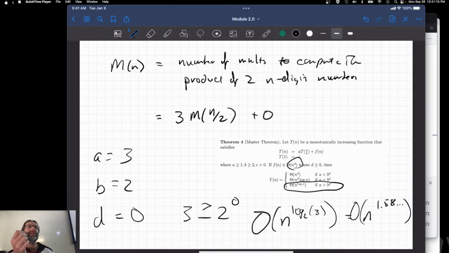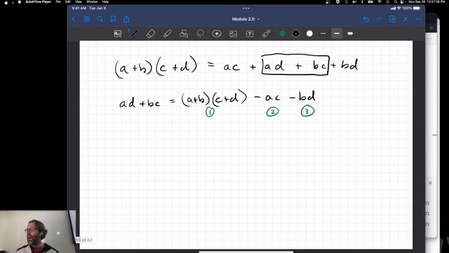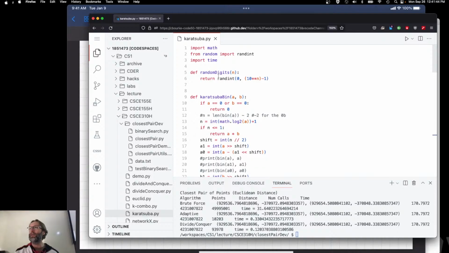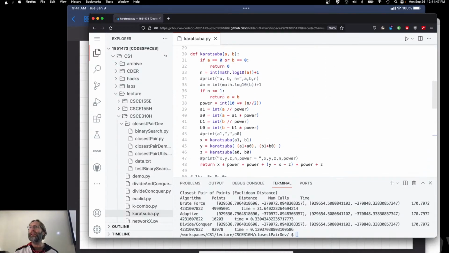I posted on Piazza the actual pull request. This predates Git. The guy implemented a Karatsuba multiplication and put it into Python. And their threshold was to do it this way only if it's 70 or more digits. Otherwise, just use regular old multiplication. And of course, it was all written in C. It's very complex. But what I wanted to show you is last year I did Karatsuba in Python itself,